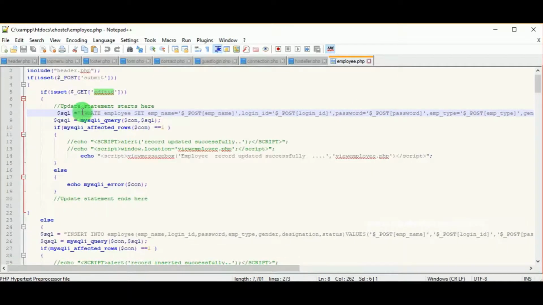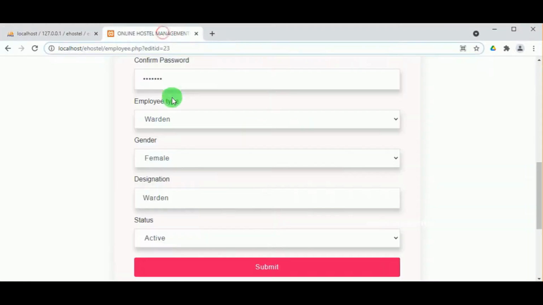So you can see update employee set EMP name is equal to EMP name from the post, that is from the form. Again login ID, which is a field in the table employee, and post login ID is the name of the text field in the form. So each field of the table must be equal to each form name. Only then the data processing is the same,